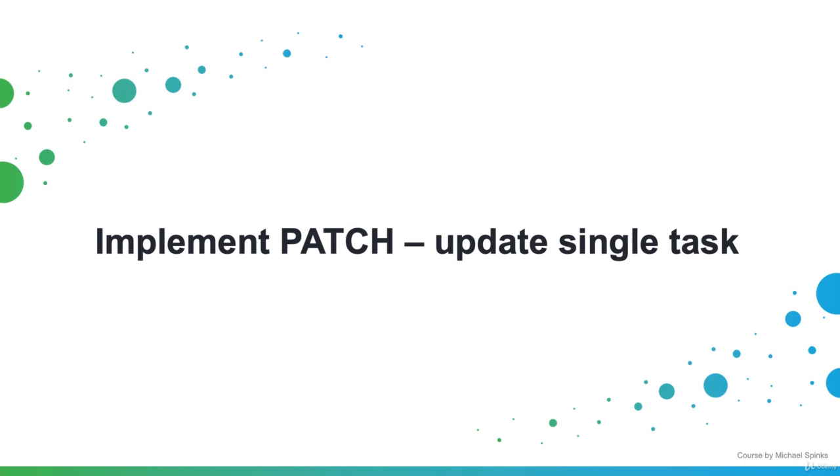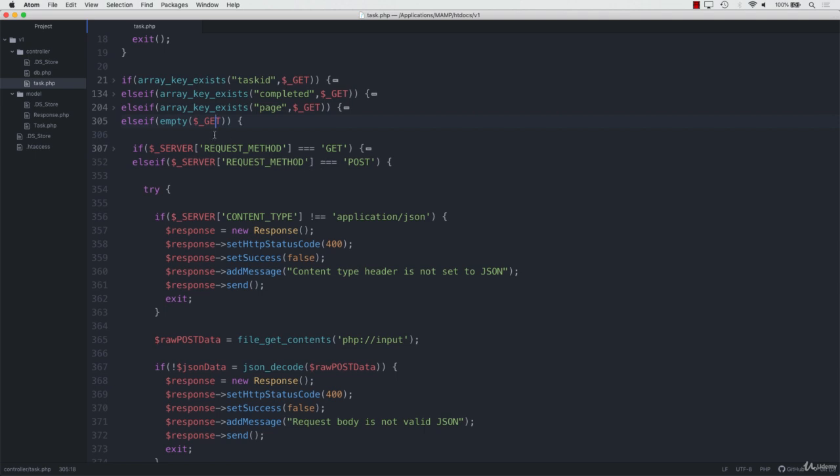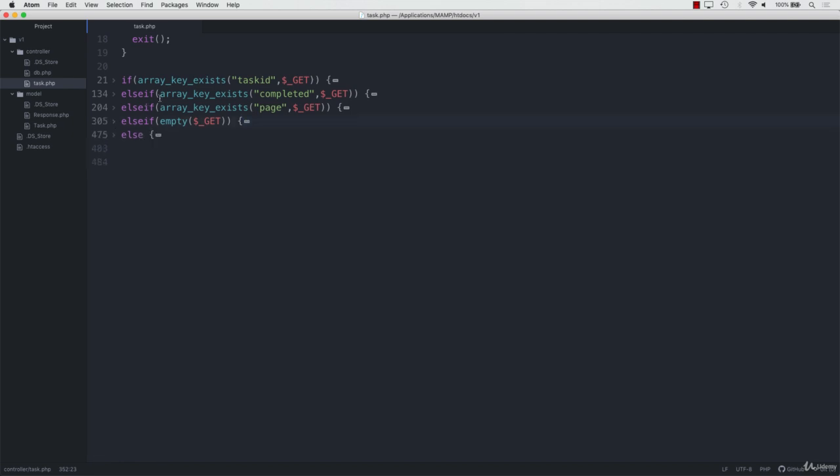Okay, so we'll open Atom, and you can see here that this is our empty get, which is the /tasks root. Now in the previous video we implemented the create a task, and that was using the post. So I'm just going to shrink that down because we're going to be focusing on the /tasks/ then a task number, because we want to provide a task ID of the one that we're going to update. So it's back in this root here, task ID. So if I just expand that,